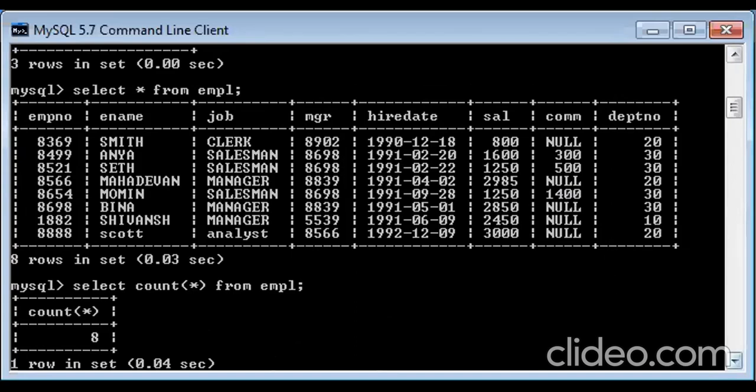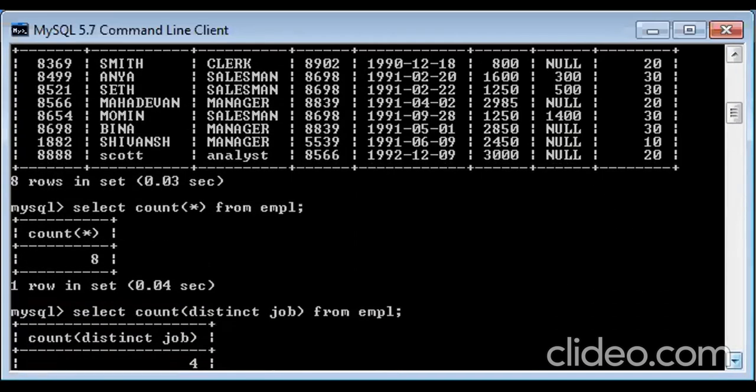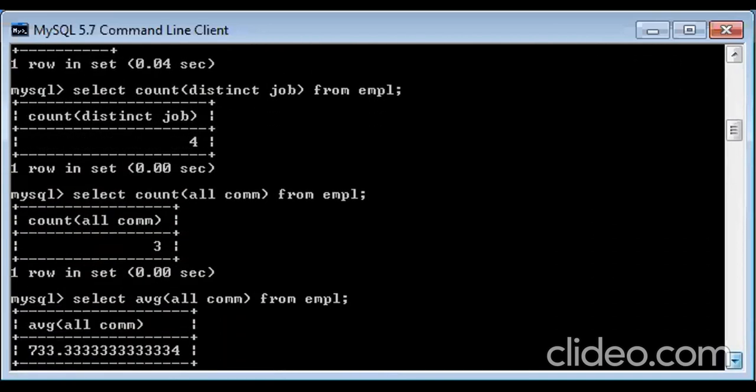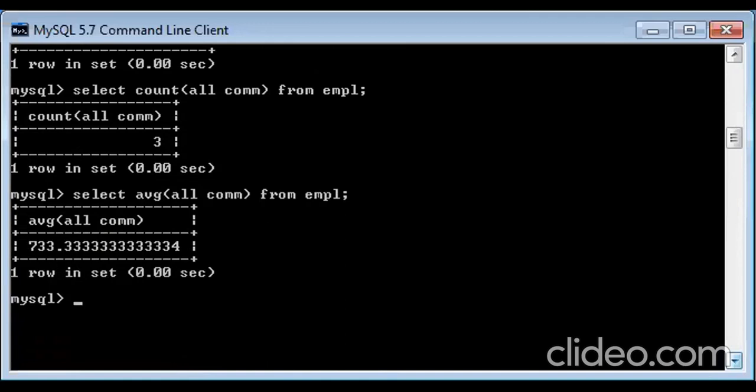In fact, anyone who had confusion must be clear now that all take only 4 values. And here we have 3 values. It will take only 3 values. It will ignore completely the null value. Even in case if you use it with any other function, it will ignore that. So shall we move on to the next one then?